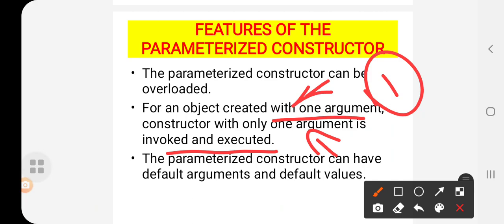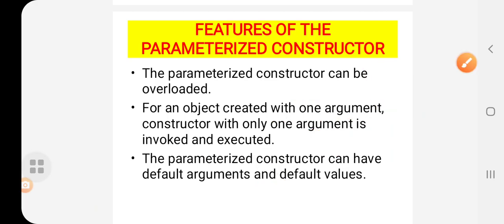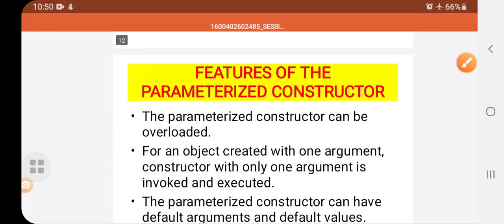Parameterized constructors can have default arguments and default values. Okay students, these are the features of parameterized constructors.